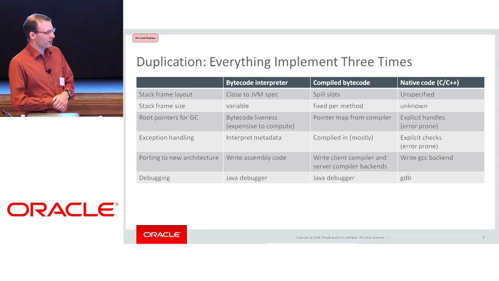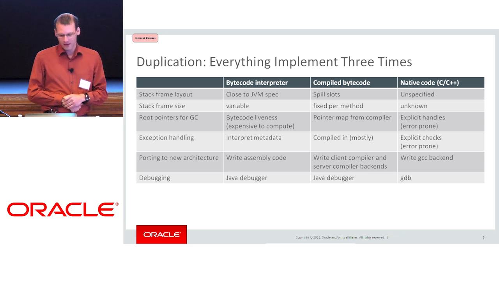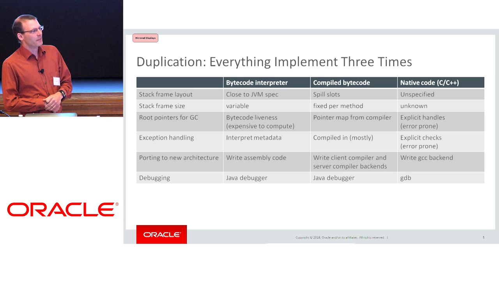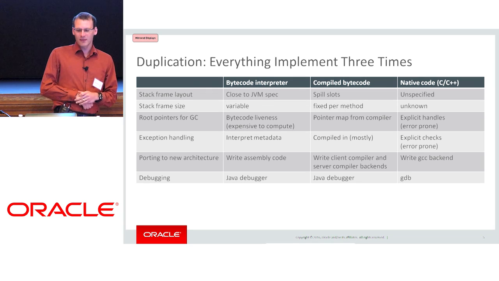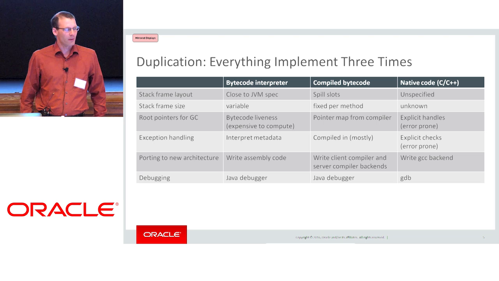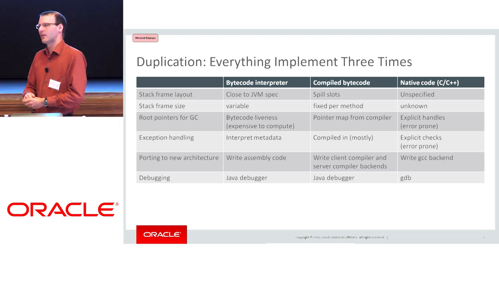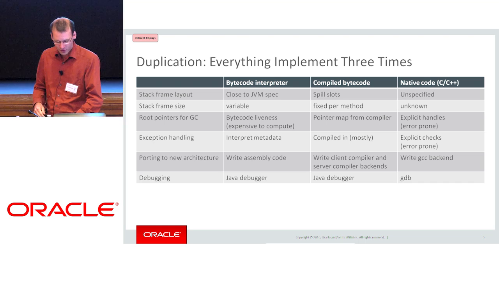And the real question for us is, can we simplify that? The way we want to simplify that is by asking: why do we need these 3 different execution environments? Why do we need everything 3 times? Why not just have one compiler and unify all of that and get a much simpler system?